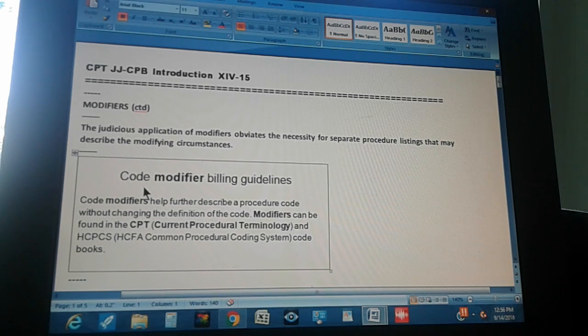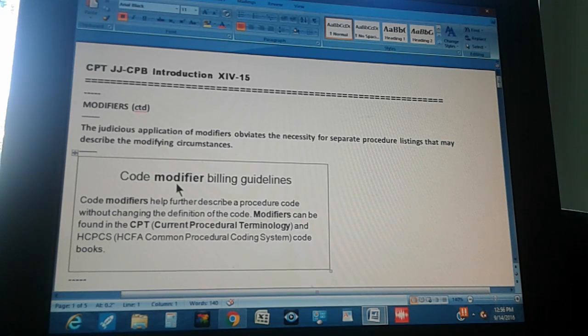You have to be very careful when you apply modifiers. Now, obviates a necessity for separate procedure listings means if you are careful when you use modifiers, you don't need new codes or separate codes that may describe the modifier circumstances. You don't need new codes to describe these